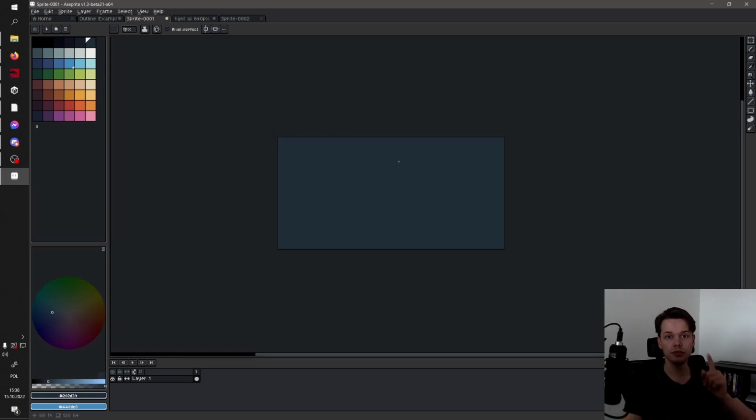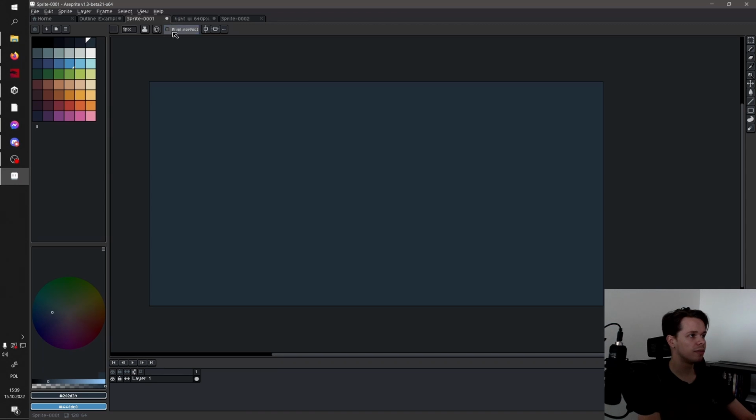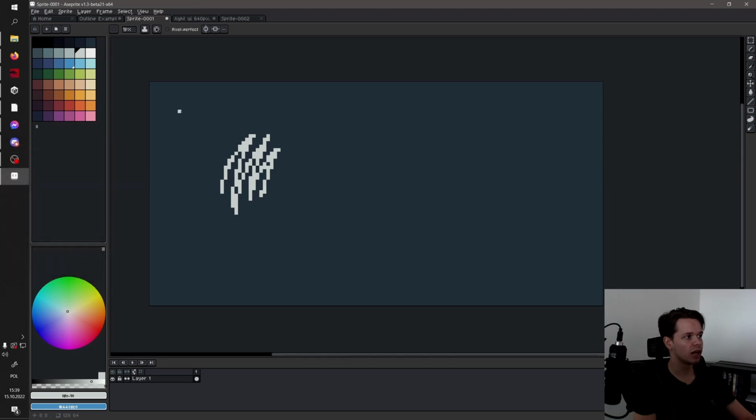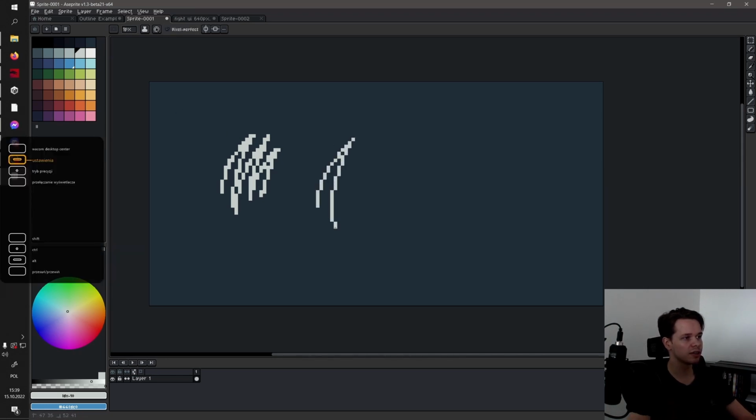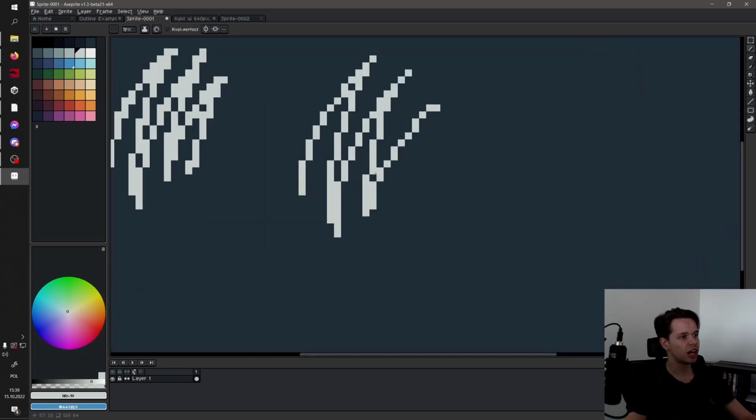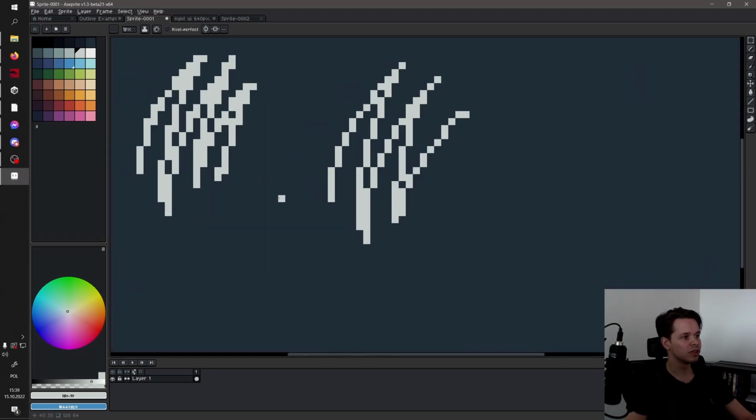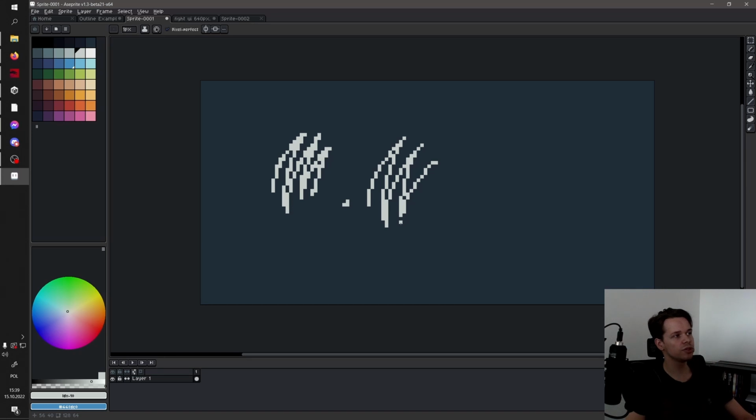Tip number 3 is to use Pixel Perfect to match. When I first found out about Pixel Perfect, I was amazed by it, because if you draw without it, your lines look something like this, so there is a lot of overlap in these places. If you use Pixel Perfect, there is no overlap, so you get this sharp, clean look with no double pixels, or you have to intentionally add them. If you just do this, there will be no double pixels, and it's an amazing option. Don't get me wrong, I use it like 70 or 80% of the time, but you shouldn't use it 100%